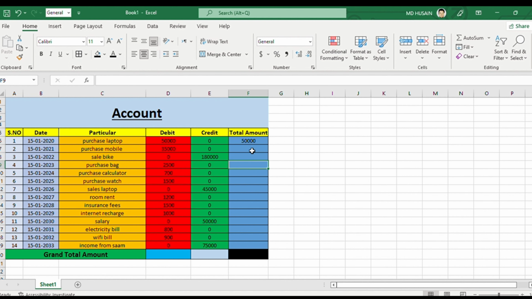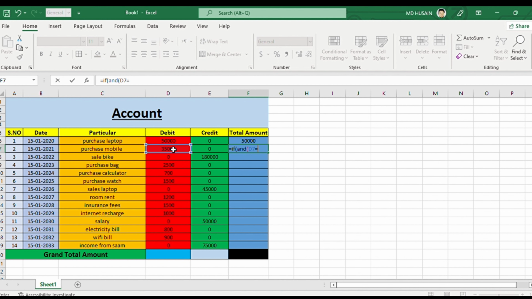Then you use a formula from here. Now I apply a formula, equal to IF, open bracket and open bracket, then you put this value in debit value is equal to double inverted comma, single comma, then you put this value, credit value, then is equal to double inverted comma, close bracket,